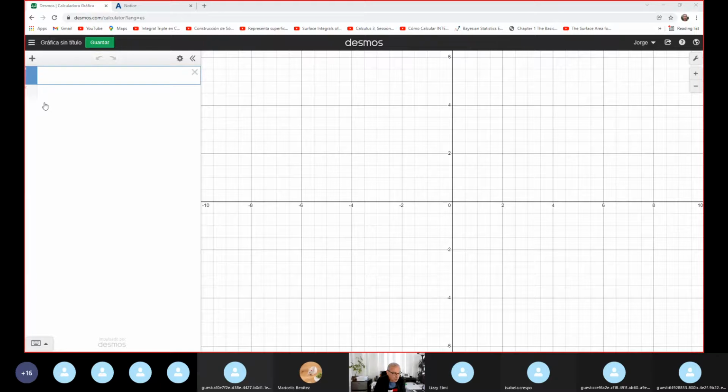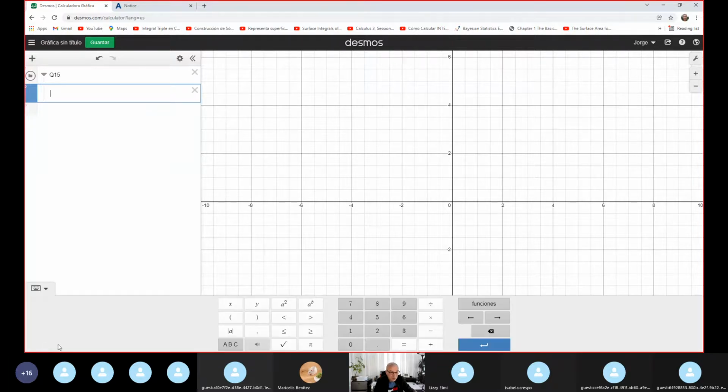In Desmos, for example, let's do it question by question. You click here to separate different questions in one document. You click here, you create a folder, and you put a name, in this case question 15. Question 15 is a piecewise function with two pieces. The first piece is y equal, because actually it's f of x, but either way is okay. But I prefer y equal